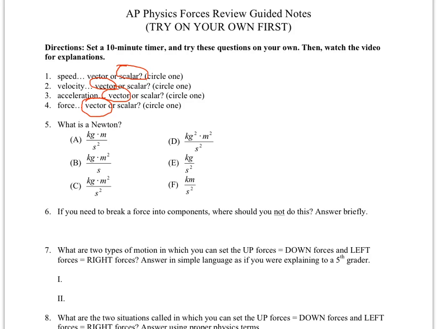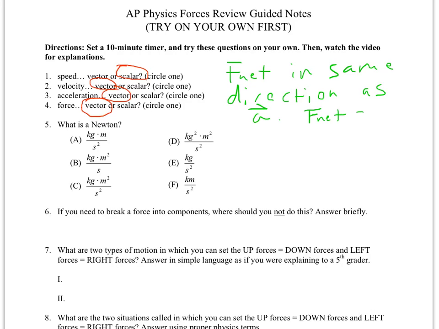Force is a vector. Something you might want to note is that the net force is always in the same direction as the acceleration. Because a net force, according to Newton's second law, causes an acceleration. And that's because F net, or a net force, equals mass times acceleration. So in a problem, they might ask you which direction is the acceleration, and that's whatever direction the net force